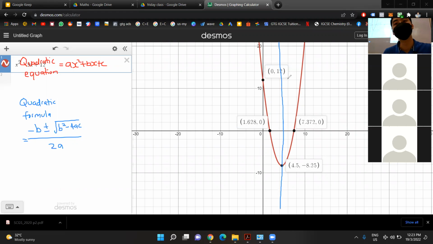Okay, so you need to know how to label this line here. This line is what, x or y? What line is this called? Yeah, obviously. But how do you label it? X equals to